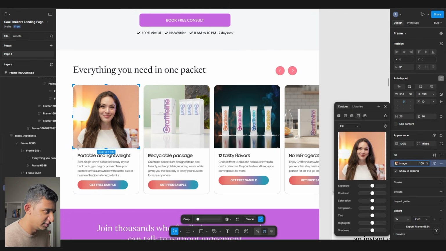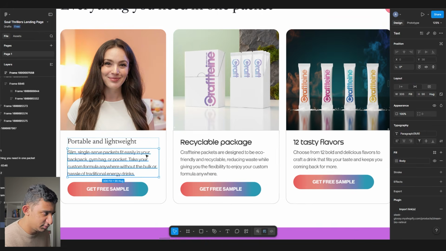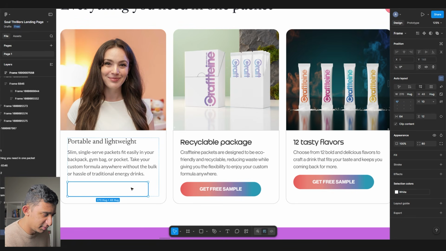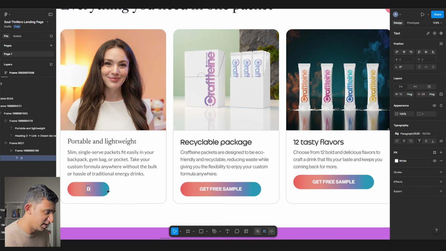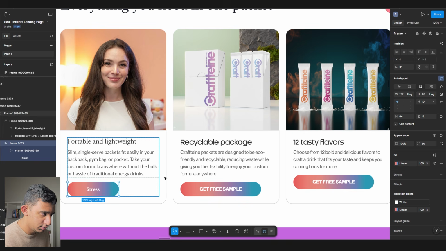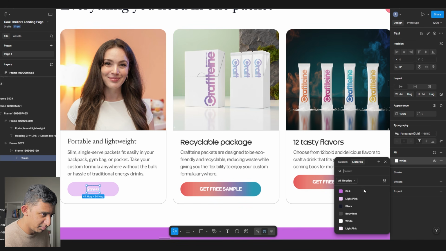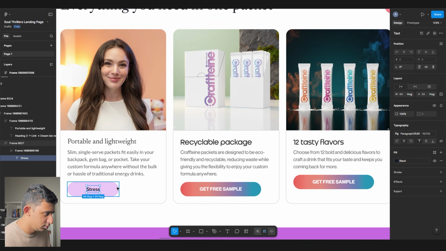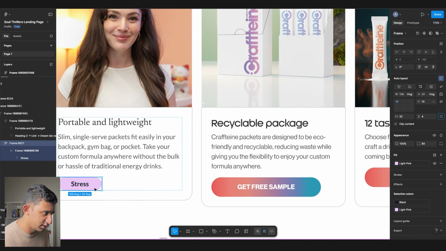So putting in the first therapist here and then put the name of the therapist. And then change this, get rid of this button. And so now instead of this button, we're going to have the modalities, right? Technically. So it could be like stress, and put this to regular bold, get rid of this gradient, change it to like a light pink, change this to like a black. Beautiful. And then change this to like 32 and then try to fit some more in here. So we have stress,